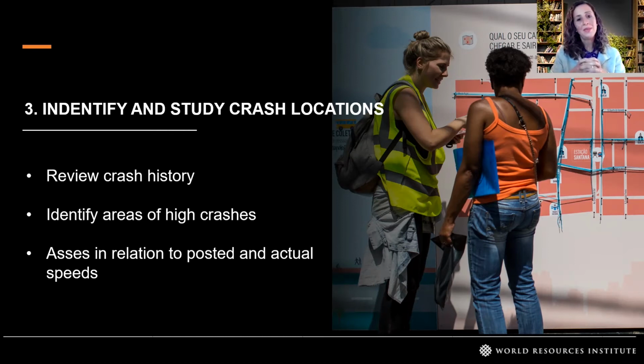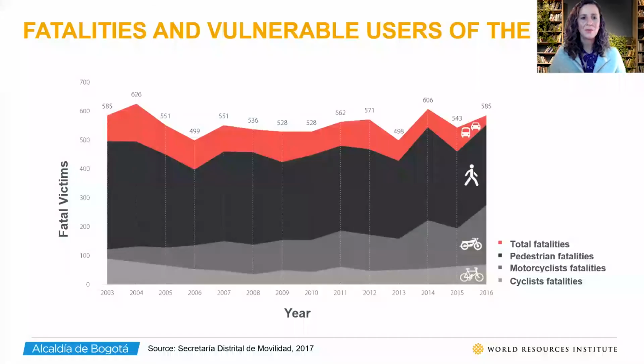And also having speed data. What is the speed at a certain time in our cities? We know perfectly where our speeds will be higher, and those are arterial roads, for example. So if we don't have crash location and speed data, we can try to focus on these roads that we know have high speeds. This is an example from Bogota where they did all these steps.